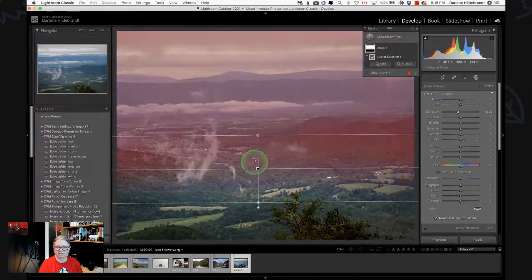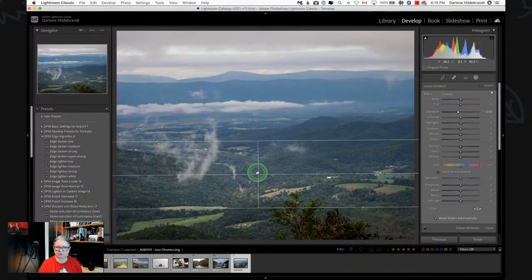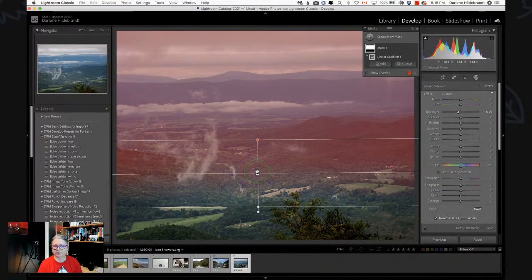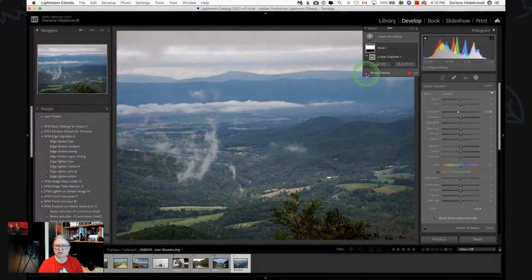So I want it to start there and fade out as we get to the bottom of the image. So I'm doing my placement. The red overlay that you see at the top can be turned off and on with the new tool. You can also change its color. So now that I've got it where I want it, I did a little bit of minus exposure, but